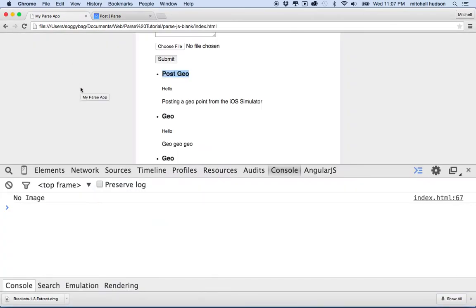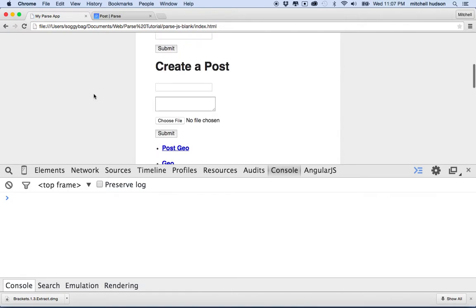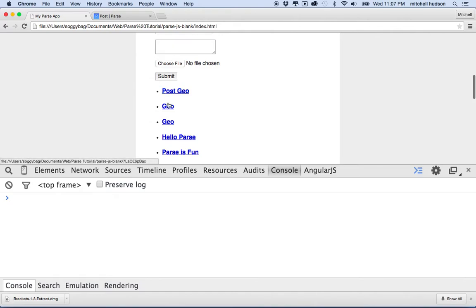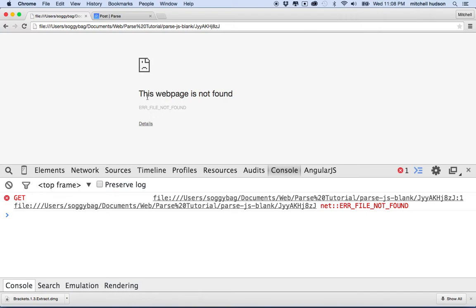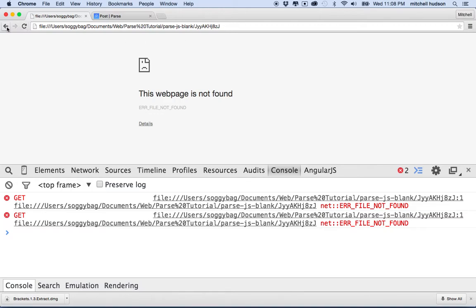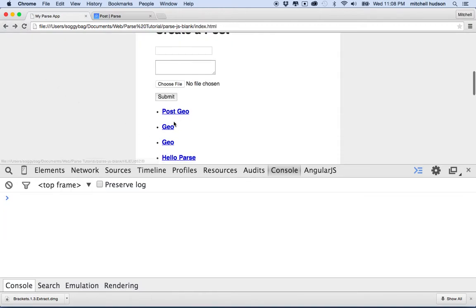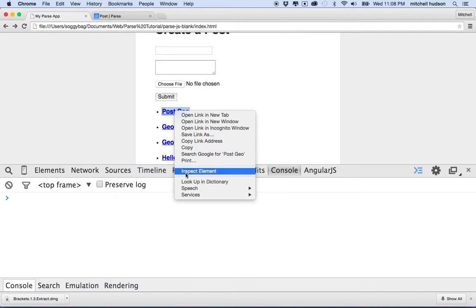So I'll save that, go to my browser here, refresh it, and now you can see each one of these things is a link. And if I click on it, I'm going to get a 404 because this file name is not really a valid file name, right? So let's go back there. But let's inspect it, right? So if I inspect the link,